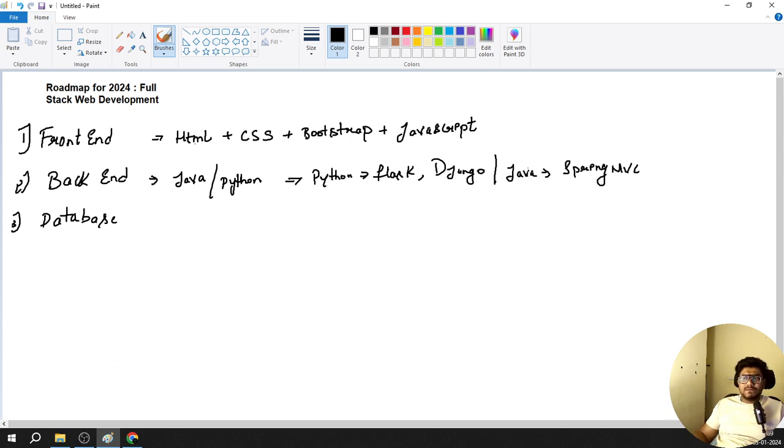After you learn Java, you need to learn the Spring framework. So these are the two main frameworks you have to start with. Okay, once you complete this,